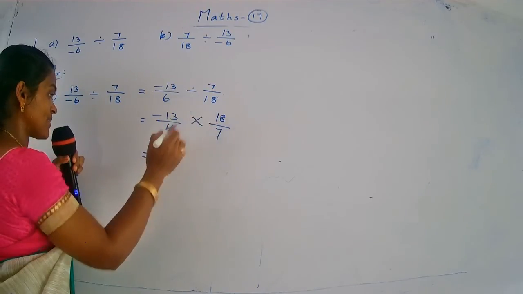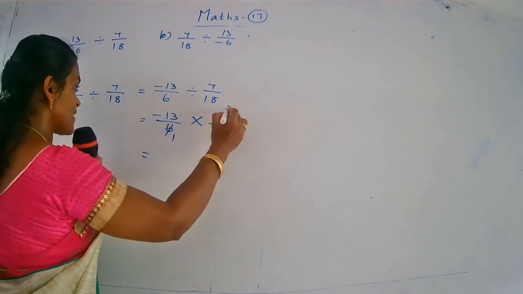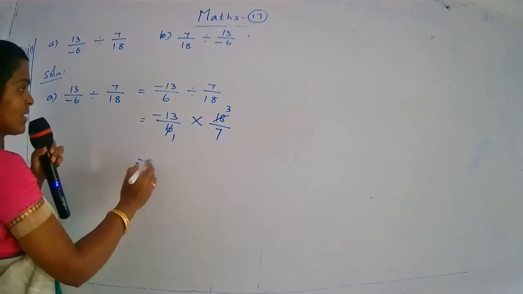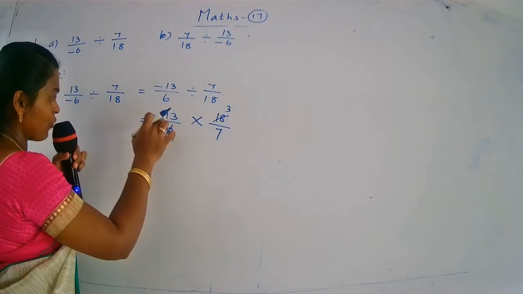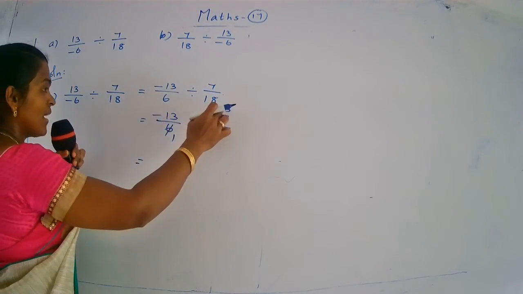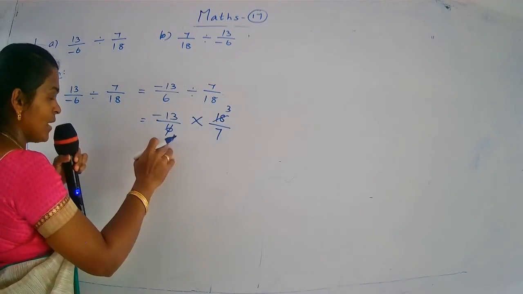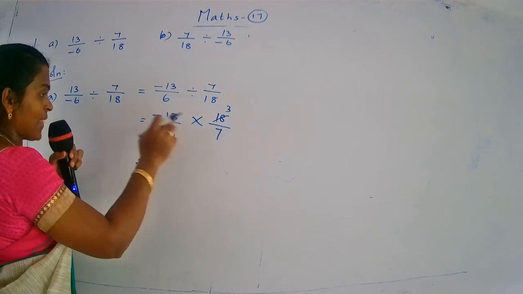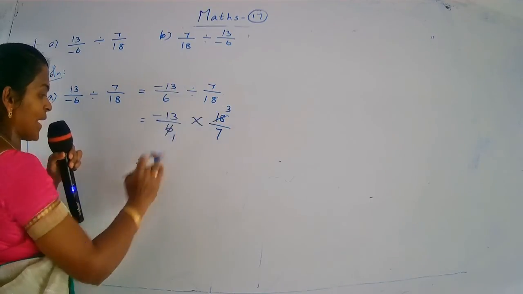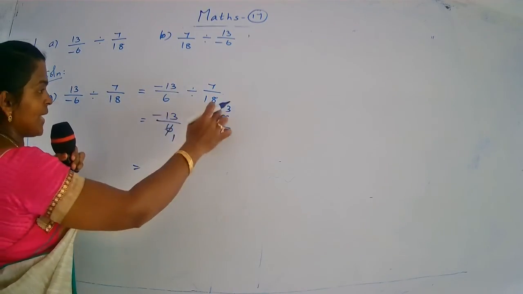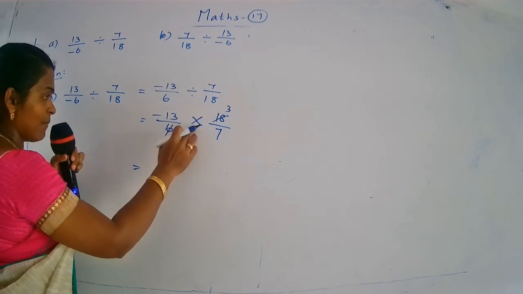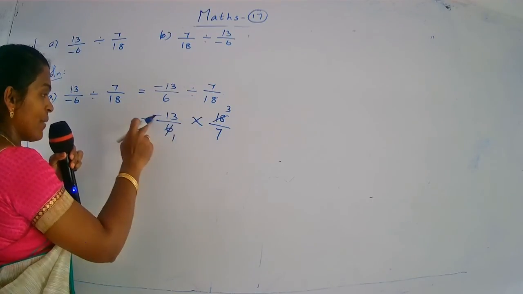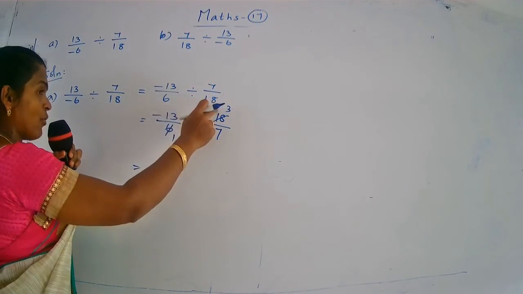So, here B part value is minus 7 upon 39. But here A part value is minus 39 upon 7. So, here these both answers are unequal. Yes, children? Different. A part answer is minus 39 upon 7. B part answer is minus 7 upon 39. So, these answers are different. Therefore, A part and B part is unequal.